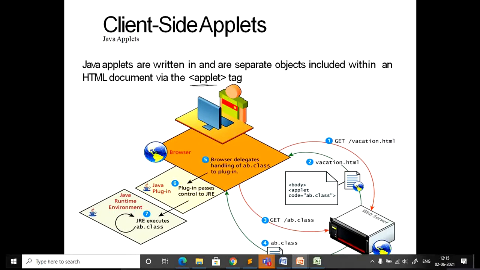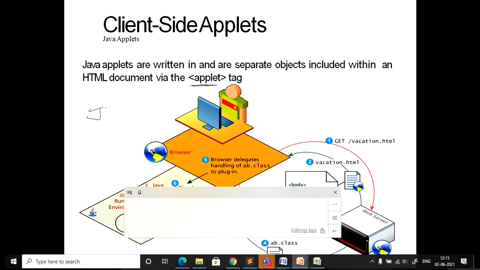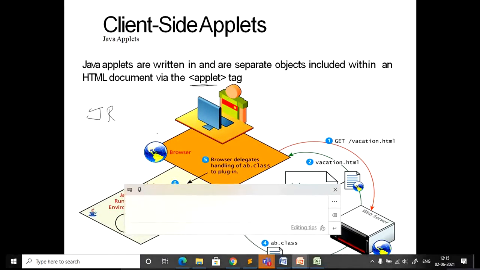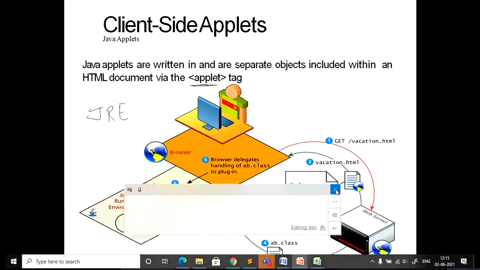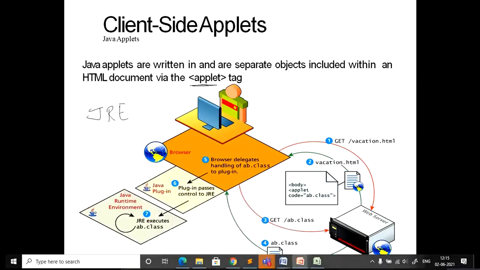To run these applets, it requires JRE. What does JRE stand for? It should be enabled or installed in your system. Yes, respond. Sometimes when I ask a question, I want a response. I think it will not take much time to type.